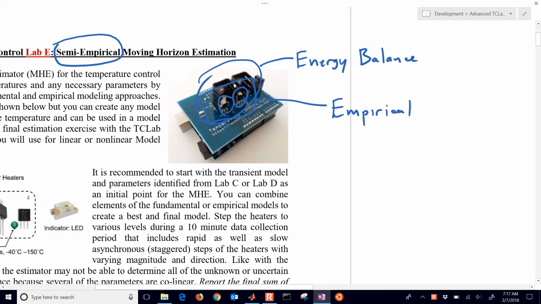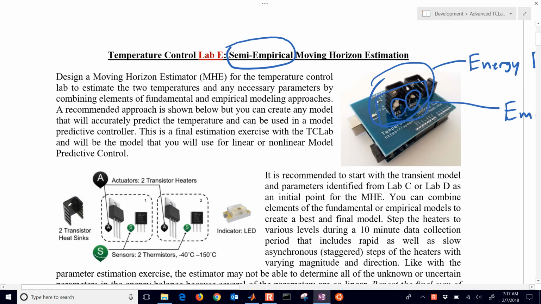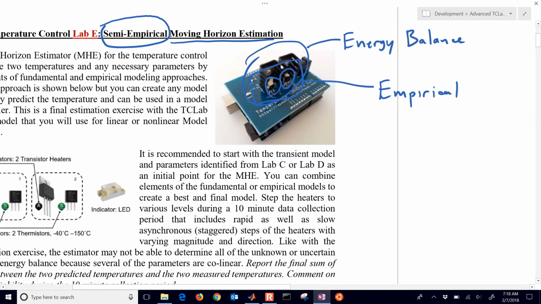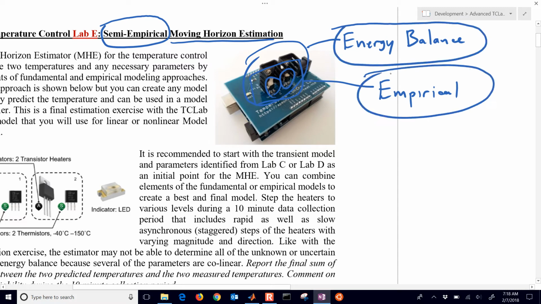correlation. So this is our last estimation lab that we're going to use with this temperature control lab for the dynamic optimization course, and we're going to be designing this moving horizon estimator. I have a suggested form of the model, but if you would like to use other elements, you're welcome to. So up to this point, we've done a pure energy balance form, and we've also done a purely empirical form, and we're going to be combining these two now, and we call that a hybrid or a semi-empirical approach to